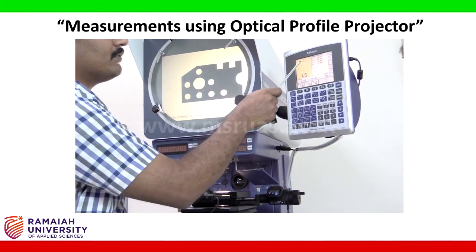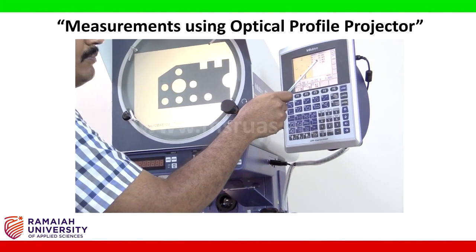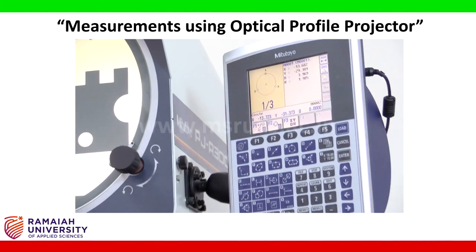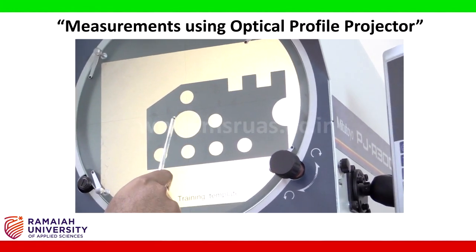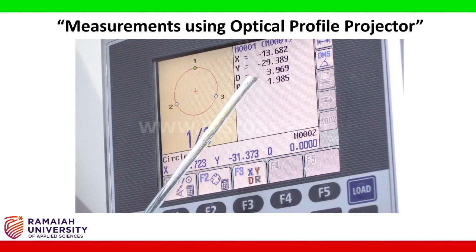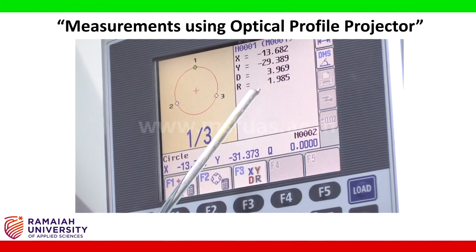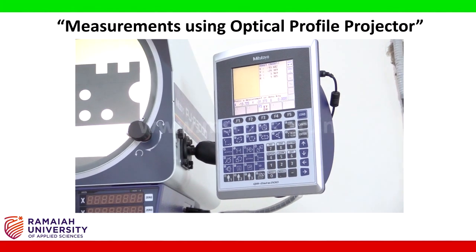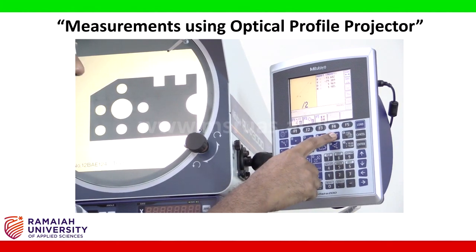Now we can find out the diameter D, which is 3.969 mm. So this is the diameter of the bigger circle. The radius is 1.985 mm. Now other features one can easily measure using QM data are the line, the distance,